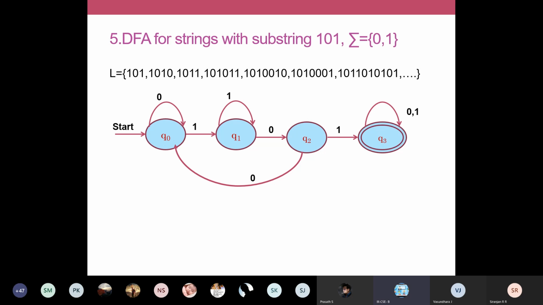Okay, so for substring 101, what we'll do is, initially till I read the first 1, I will wait in Q0. Okay, after reading a 1, we'll go to the next state. Okay, and then finally after reading 101, my substring is already read, so we can wait in the accepting state itself till whatever symbol comes.